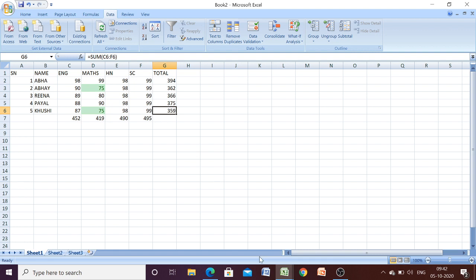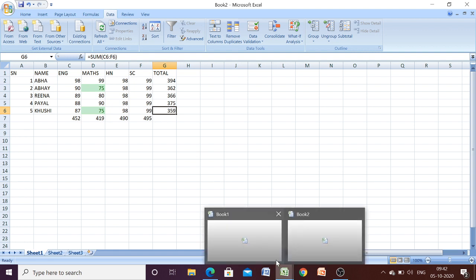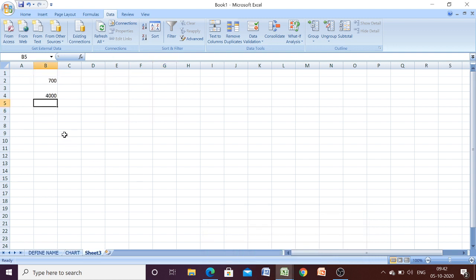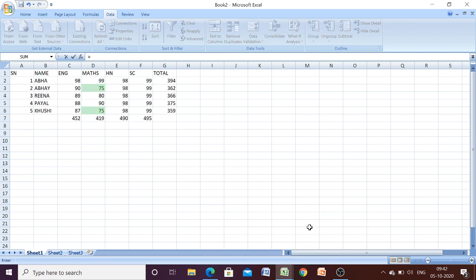So for that also, let us first do the shortcut method, then you can find out what formula is to be written. Now see here, suppose I am writing equal to, again we have to start from equal to, and let us move to the book 2. Okay, and select here, and as soon as I press enter, that value will appear there. You can see that formula has been written here automatically.